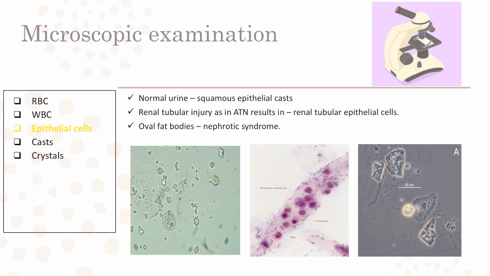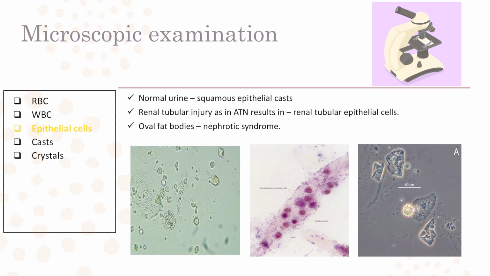Then epithelial cells, generally the squamous epithelial cells are normally present because they are the inner lining of the DCT-PCT, they shed some epithelial cells normally. So these cells take the structure of the tubules because they get deposited in the tubules. So we find various casts. You can see here casts like this, the round structure. This is epithelial cells, and epithelial casts.